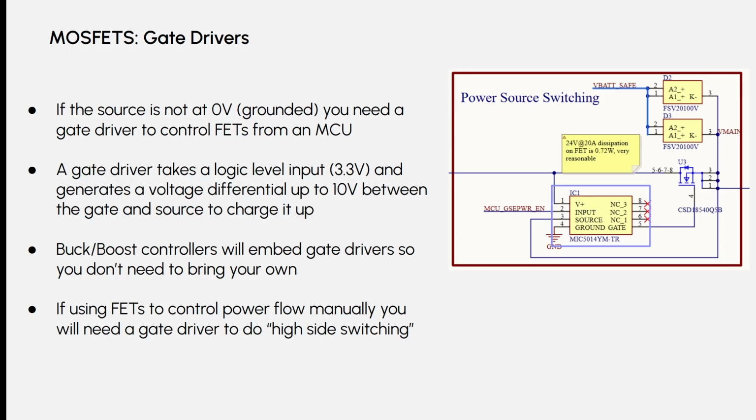The gate and the source are not at 0 volts. And so if you just try to apply 3.3 volts to the gate, nothing would happen because it's not above that voltage threshold. Really what you need is 24 volts plus 3. So you really need 27 volts on that gate. You obviously cannot generate 27 volts using a microcontroller. So this is kind of an annoying situation. You try to avoid it if you can, but if you do need to do high side switching,